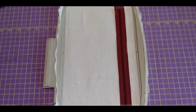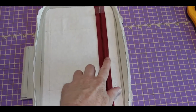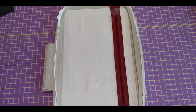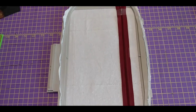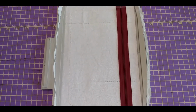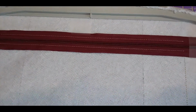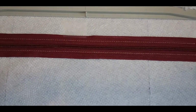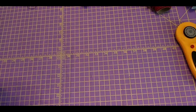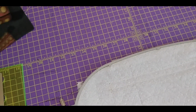Okay, as you can see, I have taped the zipper down top, bottom, and there's actually a piece right here on this side, though it's hard to see, unfortunately. So I'm going to take the hoop to the machine and run step 2, which will sew the zipper down. So I'll be right back. Alrighty, you can see that the zipper has been sewn down, and what I'm going to do now is take the hoop and turn it over to the back side, grab one of the first of the two lining pieces,